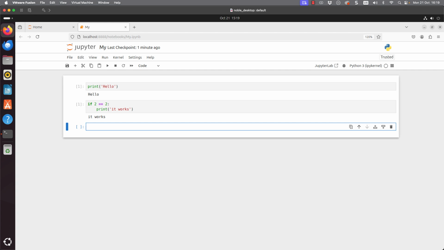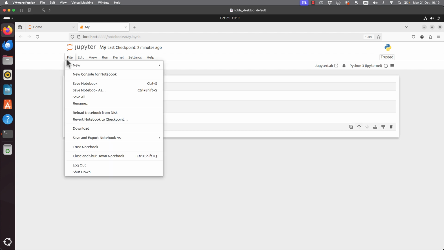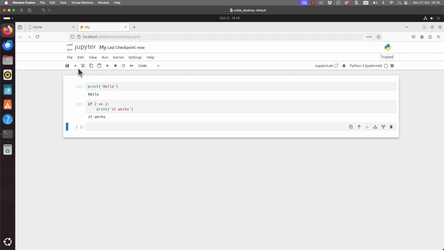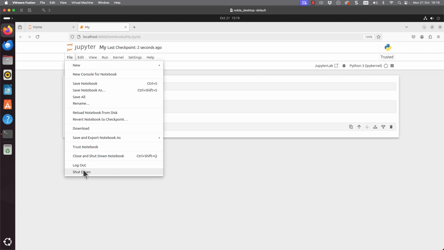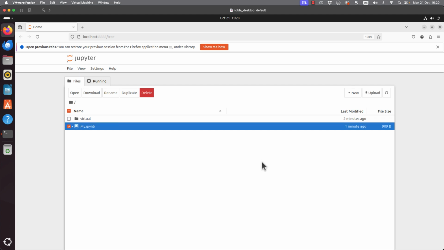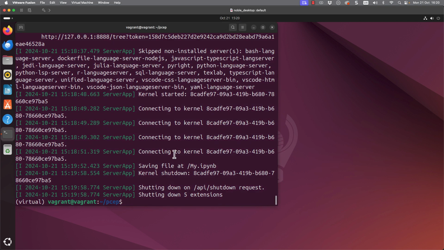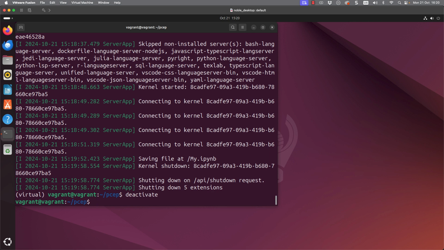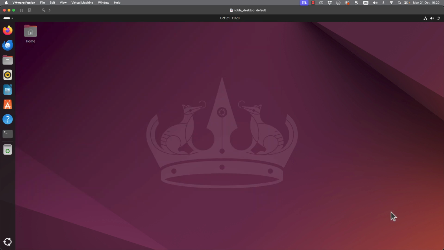Additionally, if we want to, we could do more by changing the code and running all of our cells as before. But for now, I'm just going to go through and close down the complete environment. So from the File menu, I can save the notebook and then File and go straight to Shut Down. So this is now closing down my Jupyter server. I can close down my browser. We can see the server has been shut down, deactivate my virtual environment, and exit out of my shell.